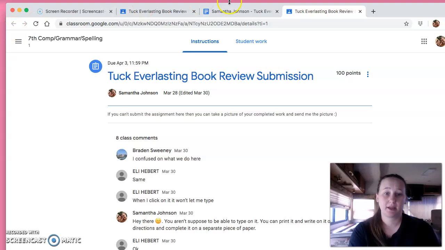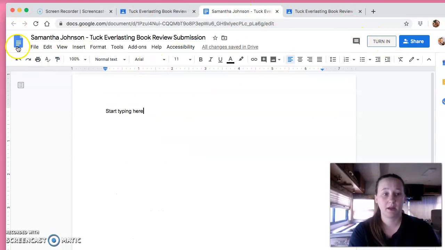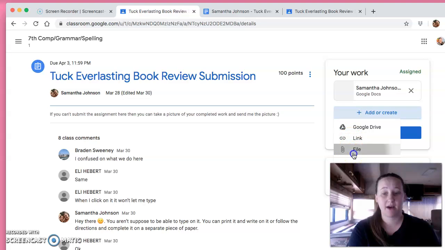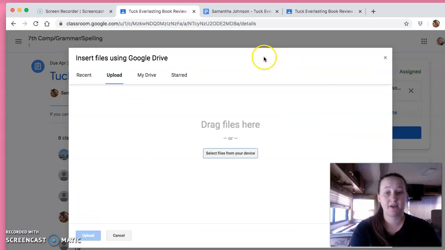Now, let's go back and look at something else. Let's say I want to turn a picture in. Say I've taken a picture of my work for Sister Ferguson's science class, and I need to somehow figure out how to get that picture on Google Classroom. Well, there's two things. One, you can submit it from your phone, or you can take the picture and email it to yourself. And once you've emailed it to yourself, you can download that picture to your computer and then add a file. Once you click Add a File, you're going to select from your devices,